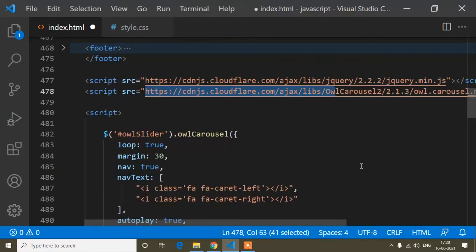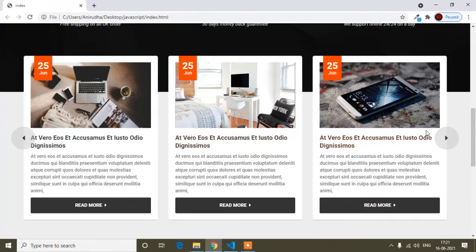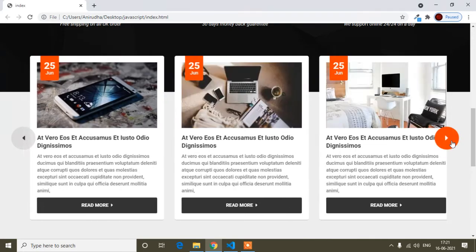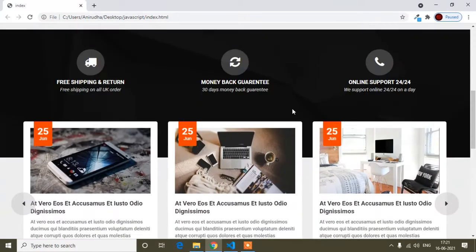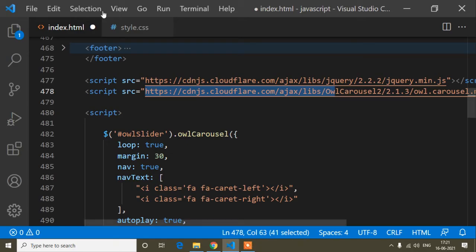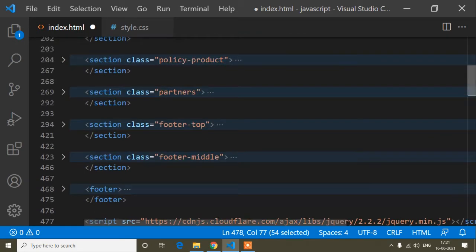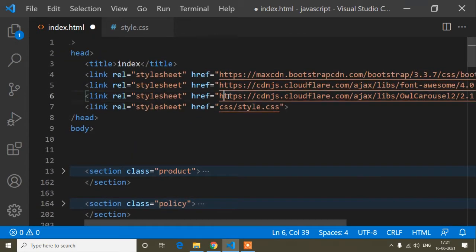Okay, and after that, the script tag for the code, the script code that you have to add. I had already added Owl Carousel previously for this one, you can see, and for this partner slider. So I have already added two Owl Carousels in my project. That's why the jQuery link, the Owl Carousel JS link, and the Owl Carousel CSS link I already have in my project.